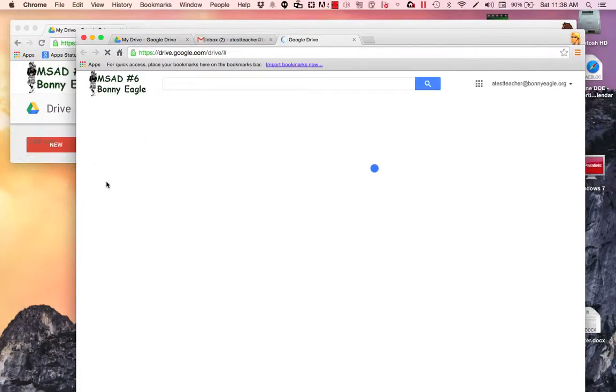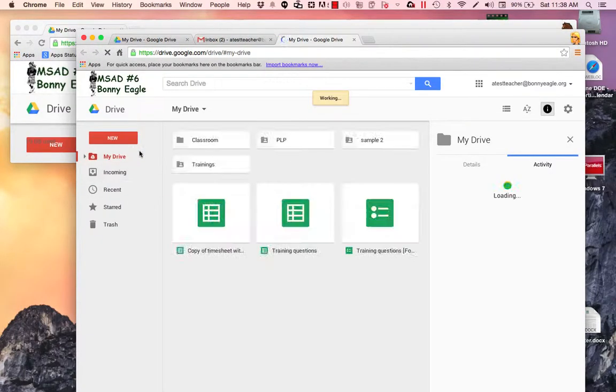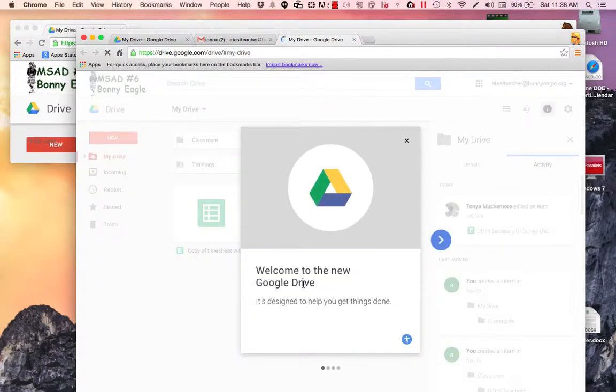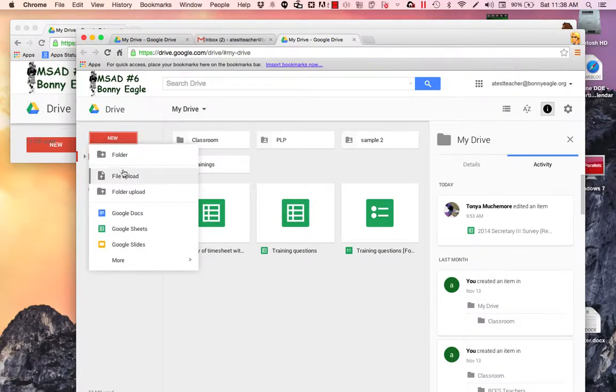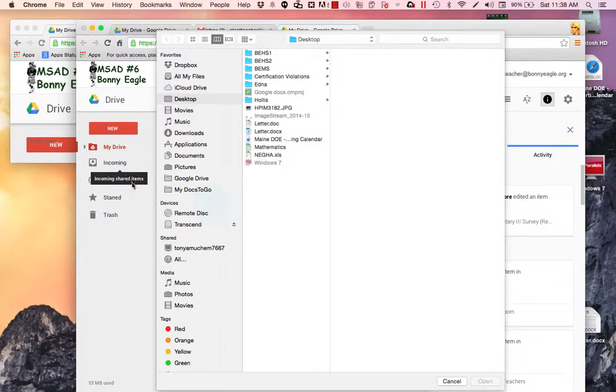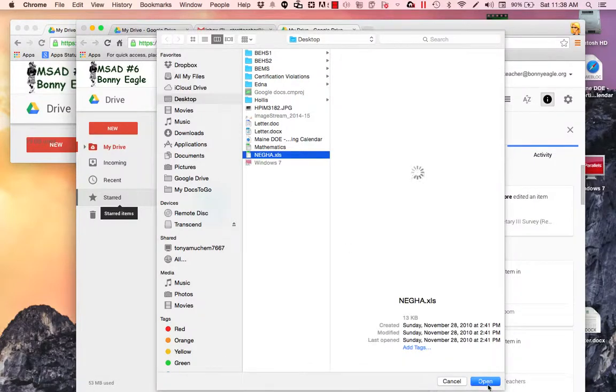Once you have Drive open, depending on if you're in the old version or the new version, you'll see New, or if you're in the old version, you'll see Create. So we're in the new version. We're going to go ahead and click on New, and you can click on Google Sheets to open a new sheet, or if you have a spreadsheet that you want to convert into Google, you'll click on File Upload, find the spreadsheet, click on Open,